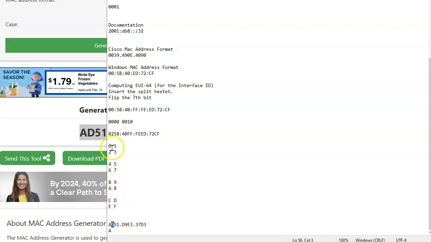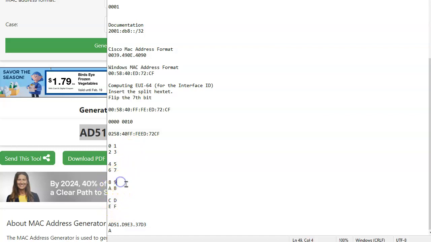Now, let me show you if I can show you this. It's these two values right here. When I flip that 7th bit, if I am on a 3 and I flip the 7th bit, it's going to be a 1. If I'm on a 0 and I flip the 7th bit, it's going to be a 2.